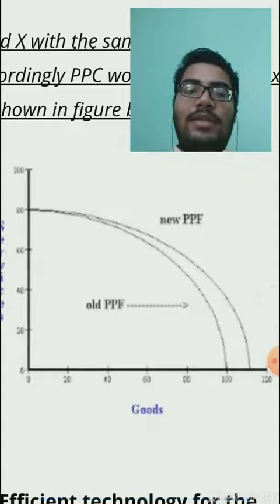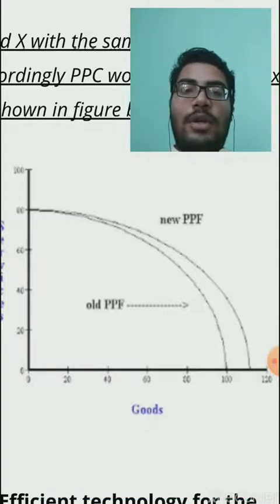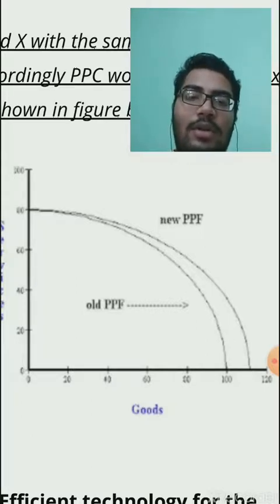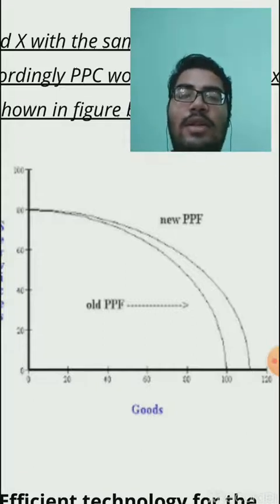लेकिन अब एक्स एक्सिस पे जो गुड दे रखा है उसको प्रोड्यूस करने में जो टेक्नोलॉजी काम में आती है उस टेक्नोलॉजी के अंदर इंक्रीज़ हो गया। अब टेक्नोलॉजी अगर इंक्रीज़ हो गई है तो पीपीसी कर्व जो है वो भी राइटवर्ड शिफ्ट कर गया, पहले 100 था जो 120 या 150 पे शिफ्ट कर गया। अब इस सिनेरियो के अंदर वाई एक्सिस का जो प्रोडक्शन है वो तो कॉन्स्टेंट ही रहेगा, लेकिन एक्स एक्सिस का जो प्रोडक्शन है वो विद द गिवन लेवल ऑफ रिसोर्सेज एंड इंक्रीज्ड लेवल ऑफ टेक्नोलॉजी मोर गुड ऑफ एक्स कैन बी प्रोड्यूस्ड, यानी कि एक्स एक्सिस में जो गुड है उसका ज़्यादा प्रोडक्शन लिया जा सकता है।